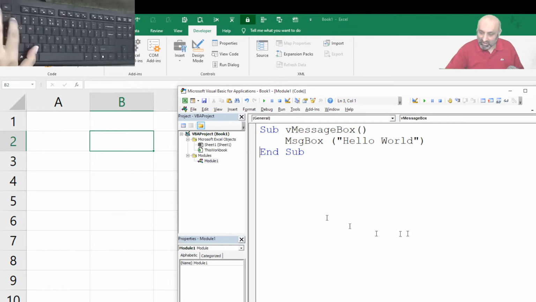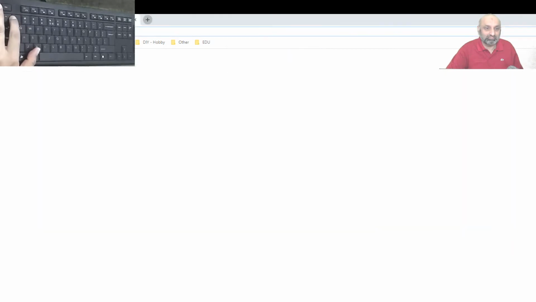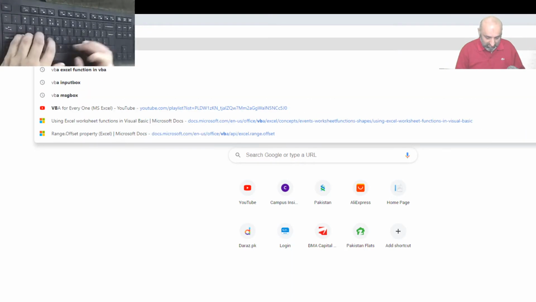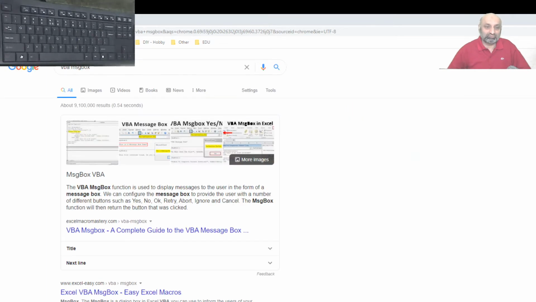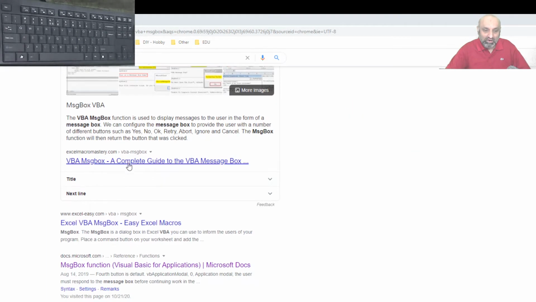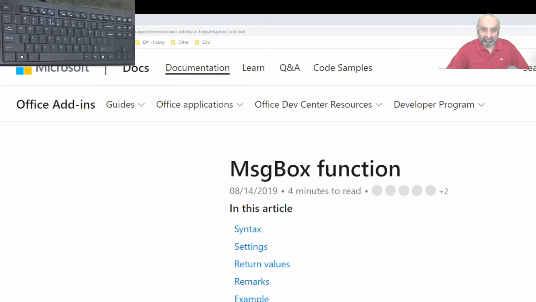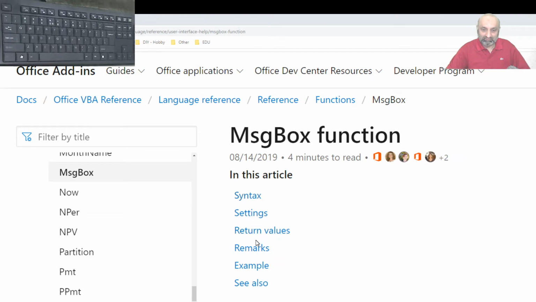Let's go to our best buddy. And who is our best buddy? Here comes our best buddy, and it is Google. VBA MsgBox. Let's try to explore more how Microsoft talks with us. Here it comes: syntax, settings, return values, remarks, examples, see also.